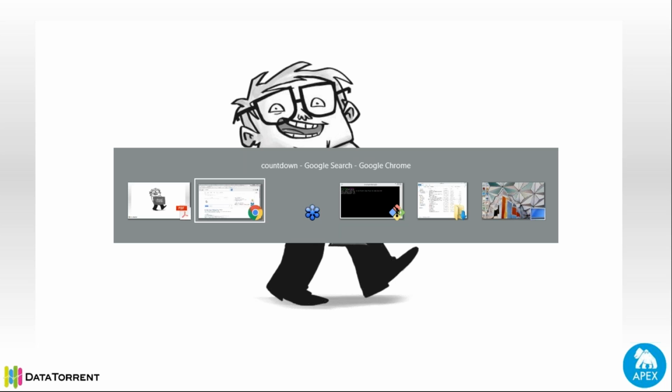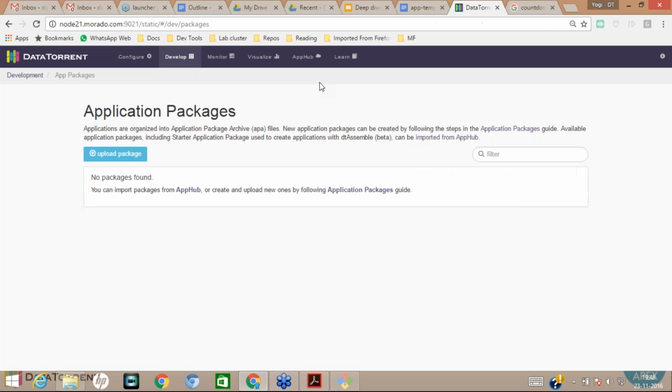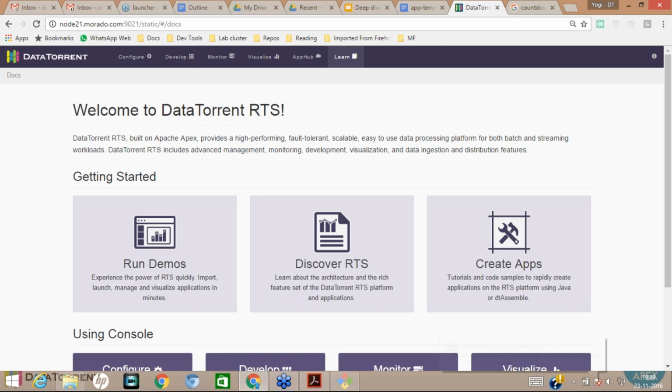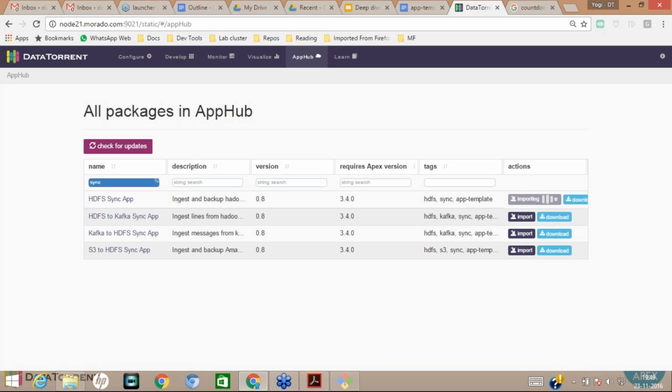So let's have a look at the live demo, and during the live demo I will explain some details about this application. I have DataTorrent RTS installed on my machine, and let's move on to the App Hub tab. Then we can search for the application name. We can see the listing of HDFS sync apps. There are so many apps available under App Hub. So if I import this application,